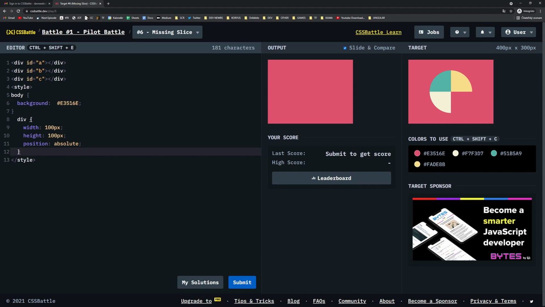Let's style the first one with the ID A. So background should be green. Let's copy it. Alright, border radius is gonna be,